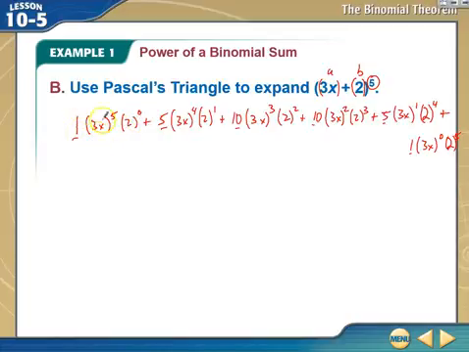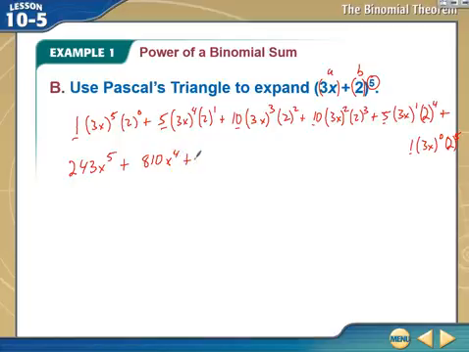So 3 to the fifth is 243 x to the fifth power plus, on my calculator I would do 3 to the fourth, which is 81, times 5 times 2 to the first power, and that would get me 810 x to the fourth plus,